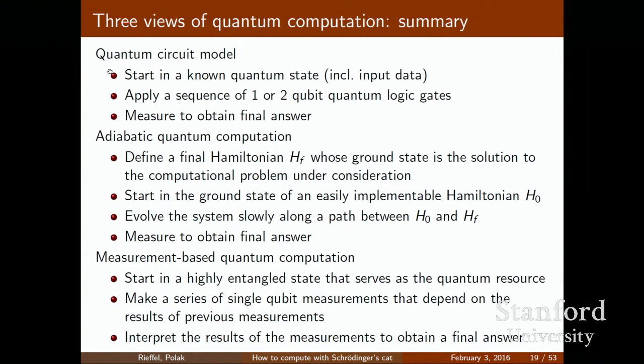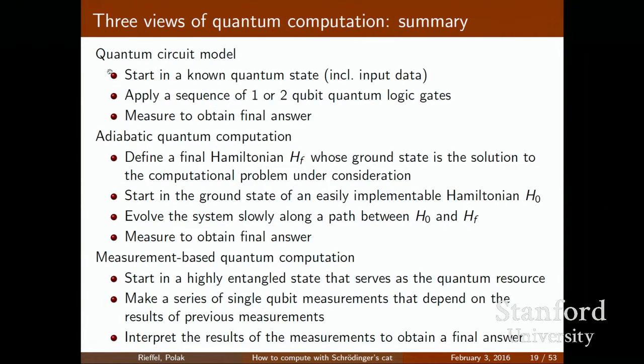There's adiabatic quantum computation, and Eleanor is going to talk a little bit about that, or part of that. The way this works is we define the problem as a Hamiltonian. I'm not going to get into deep physics, but basically that is a function on states that tells us what the energy of that state is. If that function has a minimum, we call that the ground state. So we define a function, a Hamiltonian, whose ground state is the solution of the problem that we're looking for.